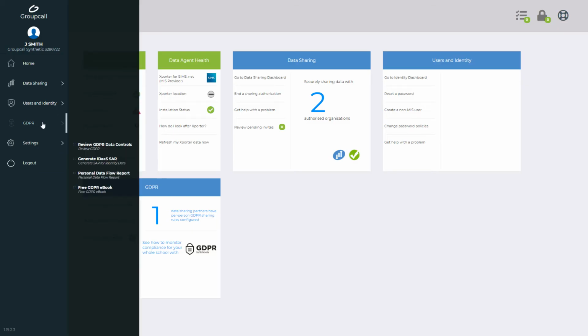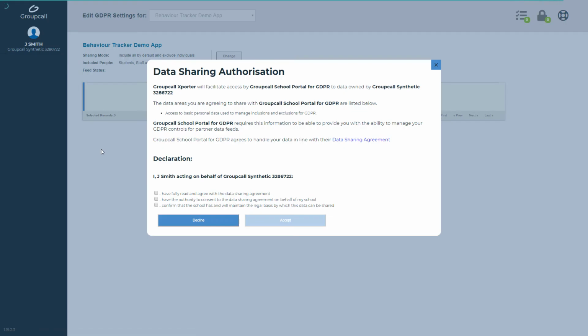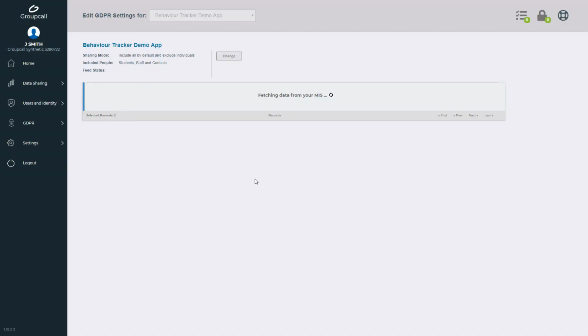Once logged in, select GDPR, then GDPR Data Controls. If this is the first time you're accessing this area, the data sharing authorization screen will pop up and you must agree to share your school's basic personal data with Group Call in order for us to manage your opt-ins and opt-outs. Once you accept the agreement, the system will pull the appropriate data from your MIS and display this